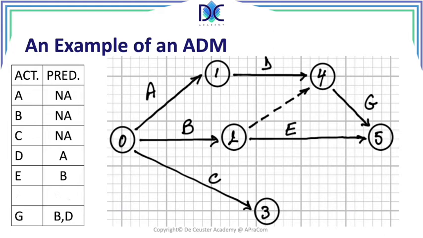We do the same for activity F, and F has a predecessor C, but also has the predecessor B, and we have to draw the end element. We have to continue here. We have to draw the dummy activity between 2 and 3, showing basically that the activity F has two predecessors, B and C. The next thing that we are going to do is to add the timing elements,